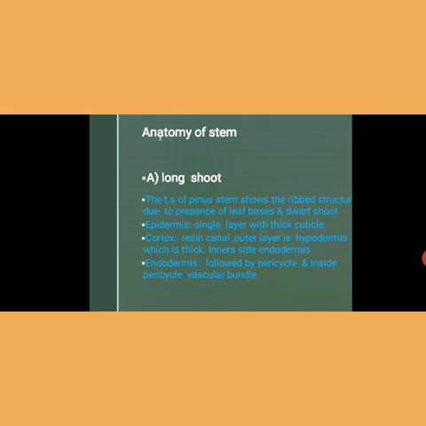Endodermis is followed by the pericycle. Inside the pericycle there is a vascular bundle. The vascular bundles are conjoint, collateral, open, and endarch. The vascular bundles are similar to a dicot stem. Now we see the different types of vascular bundle. Conjoint means xylem and phloem touch each other. Collateral means xylem and phloem are present in a lateral position to each other. Open: